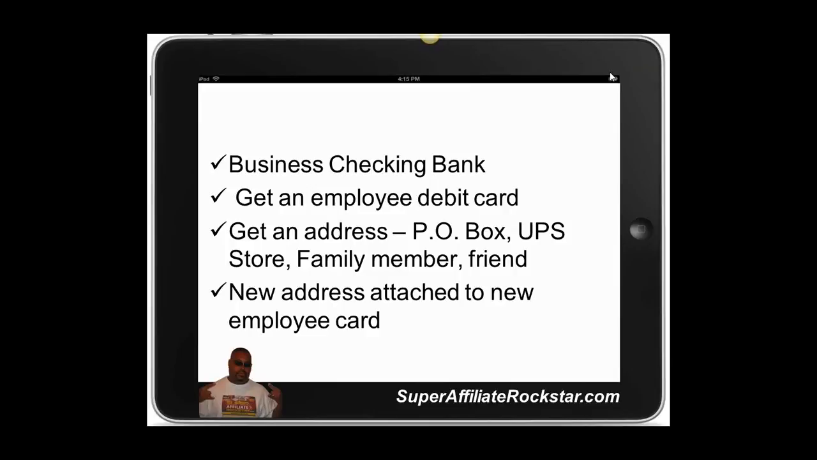Now, I'll be honest, the UPS store, their boxes are more expensive, at least here in Savannah. I don't know how it is everywhere else. Their box is like $120 or $90 for 3 months, and I can get 6 months of a PO box for like $30. So the PO boxes seem to work better,